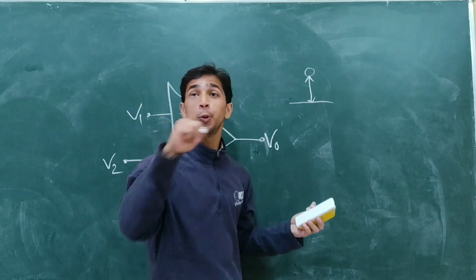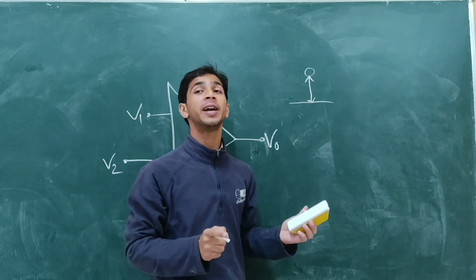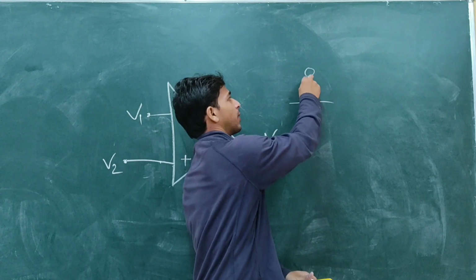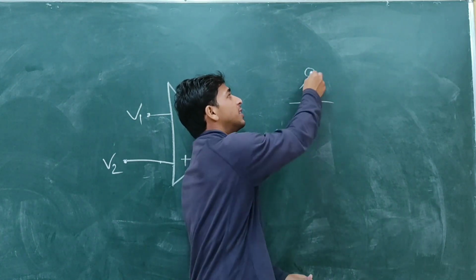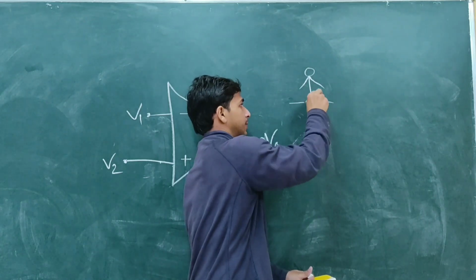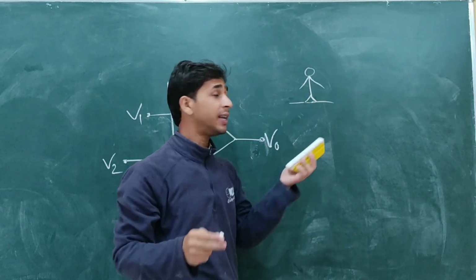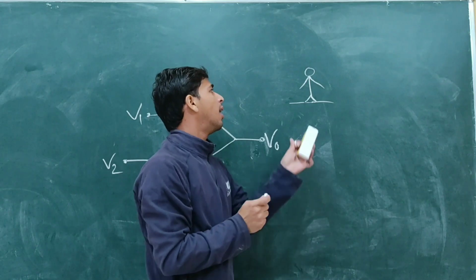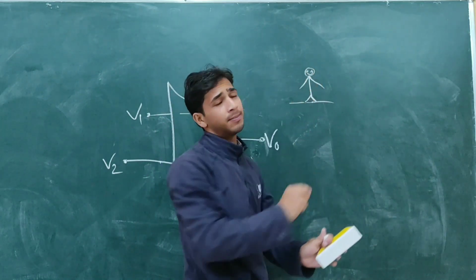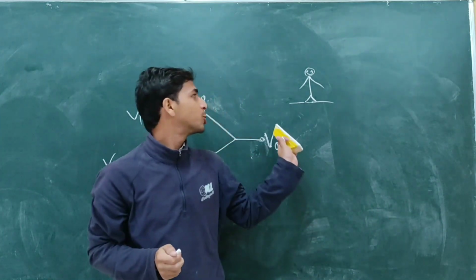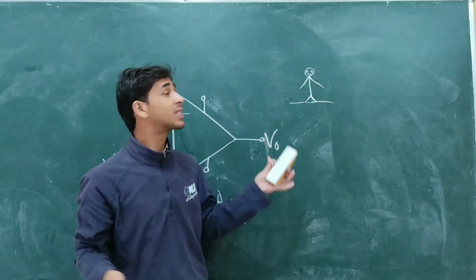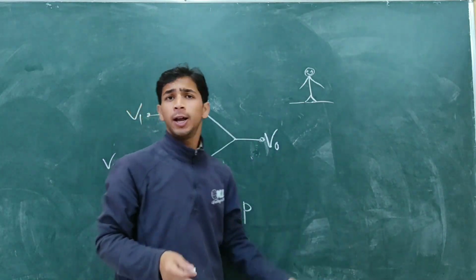For example, if you want to draw your schematic diagram on this blackboard, I will draw you like this. These are your two hands, this is your head, and these are your two legs. You are standing on the ground, and with these two eyes you are looking at me and smiling, right? So to deal with objects easily, we draw objects as this kind of figure.